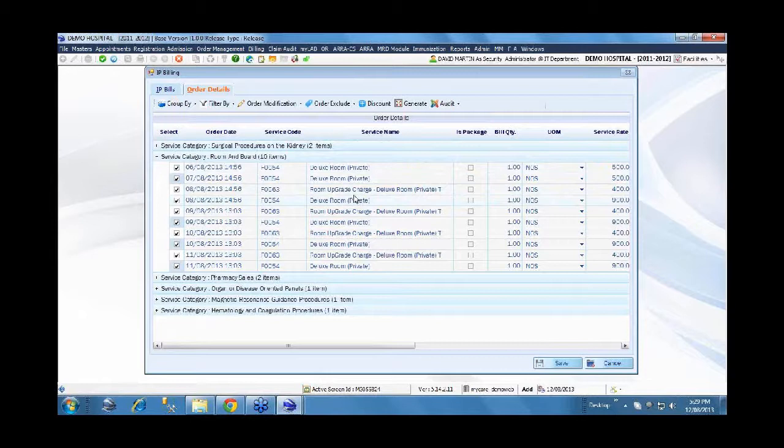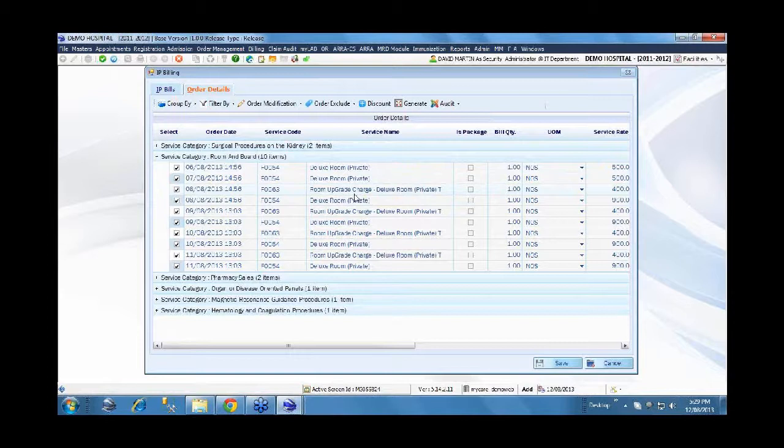So what the system does is it automatically creates a room upgrade charge. All of these charges you are seeing in room and board are not manually keyed in by someone, they're automatically generated by the system based on the admission, transfer and discharge history captured as part of the ADT module. Here again we can use our own ADT module or we can integrate with any other system and capture this admission, transfer and discharge. Based on that it will know that deluxe room private is what is covered by the insurance, the patient got transferred to executive, and the difference in charge is automatically picked and shown here as room upgrade charge.